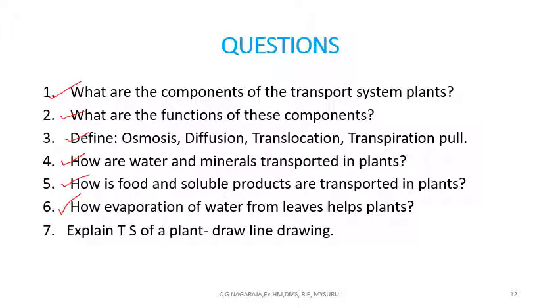Explain the TS of a plant. I have told you already, if you look at the transverse section of a plant, you have here all the small parts shown to you, they are called the vascular bundles, that is in monocots. If you draw the diagram in the dicot, you can say they will be distributed all over here. That is in the monocot, and this is the dicot. You have to show the vascular bundles here. Try to remember the drawing. Please try to practice it.